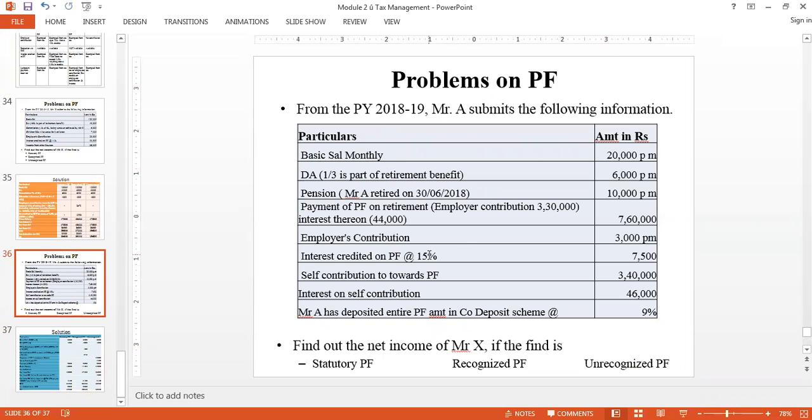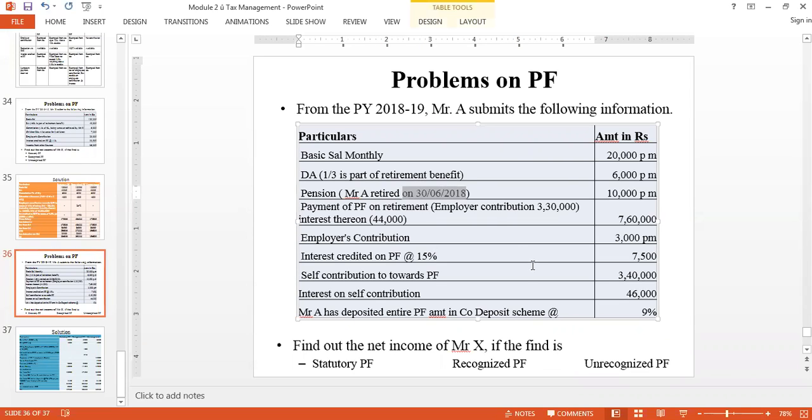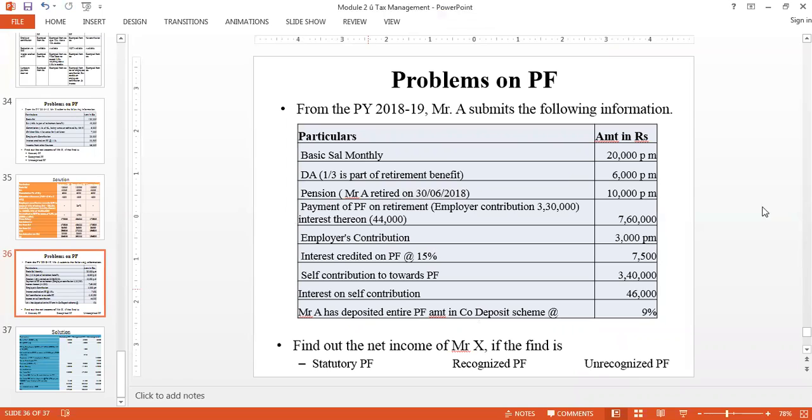The only difference here between the one that we solved yesterday and the one that we are going to solve today is that in yesterday's problem, we considered the employee as a person who has not retired from his services. In this problem, we have to understand that this person is going to retire on a given day, and then we have to calculate all the benefits. Clear? The second thing is that all values given here are on a monthly basis, so we have to convert them into annual basis and then compute the following. Is that clear?